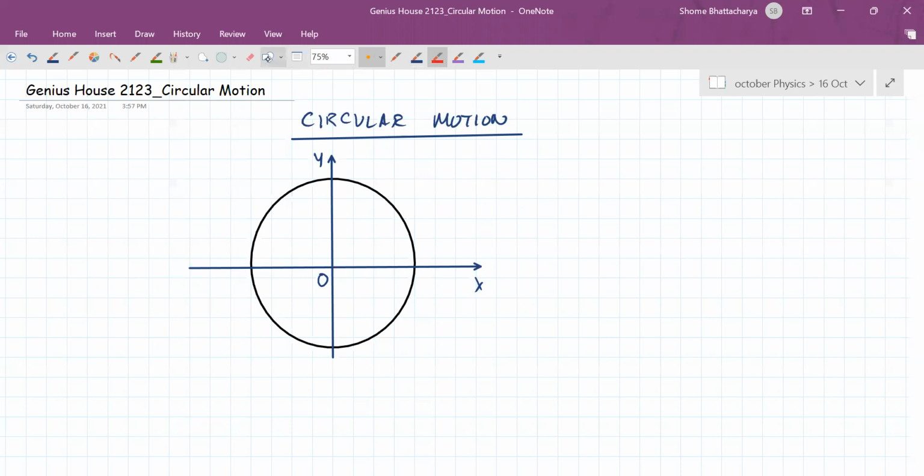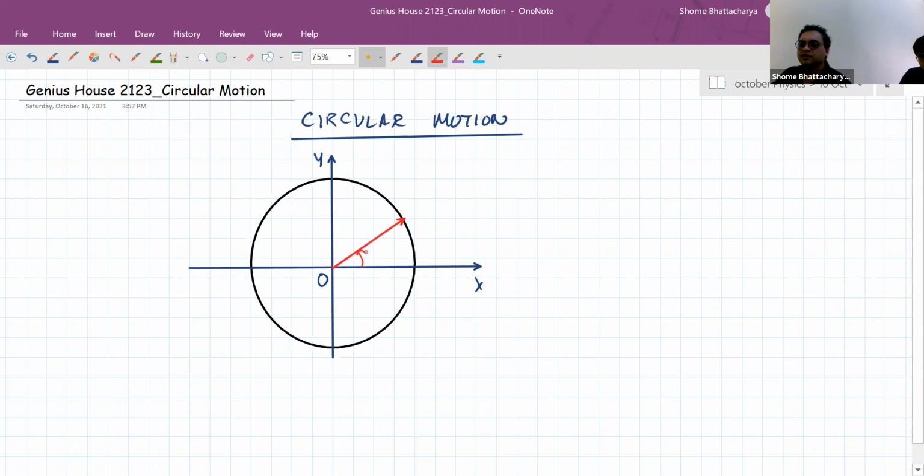Okay, so we saw that if a particular particle during circular motion is located at a point like this on its circular path, then we define this angle with the reference axis as the angular position of the particle. If the radius of the circle is r, the sign convention we use is anti-clockwise positive and clockwise negative. So if theta is plus 30 degrees, it's in the first quadrant, but if theta is minus 45 degrees, that's the same as plus 315 degrees, in the fourth quadrant. That's the sign convention for the angular parameter theta.